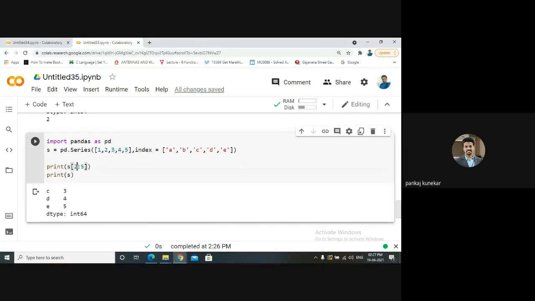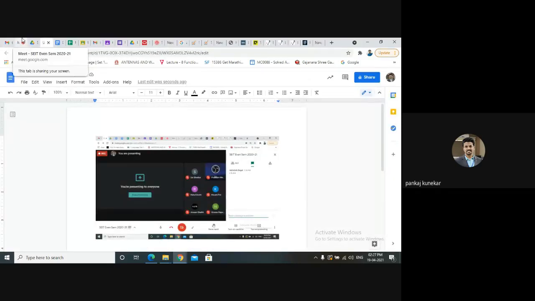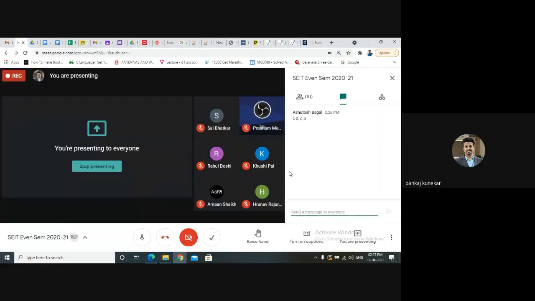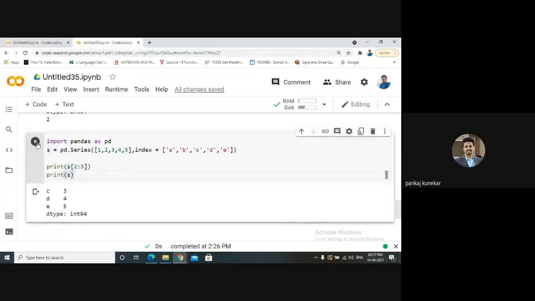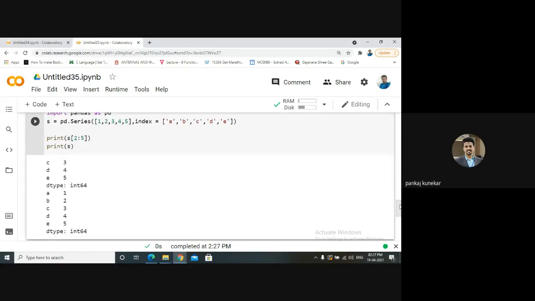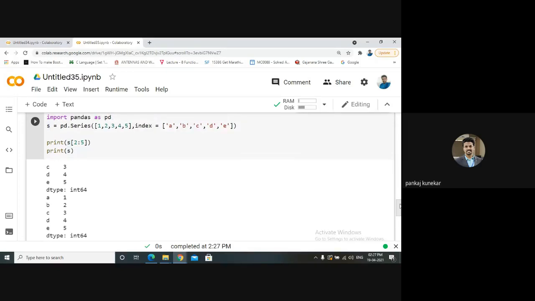So after slicing, what is the value of s? We'll check. Okay, so we are not making changes to the original one. It is like a copy.